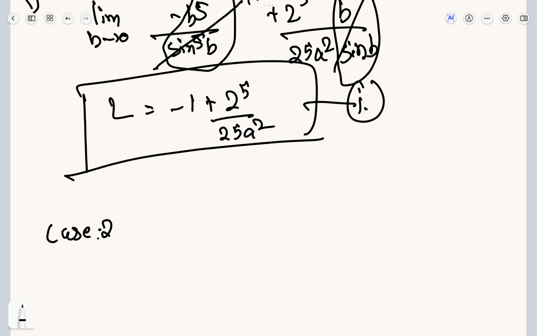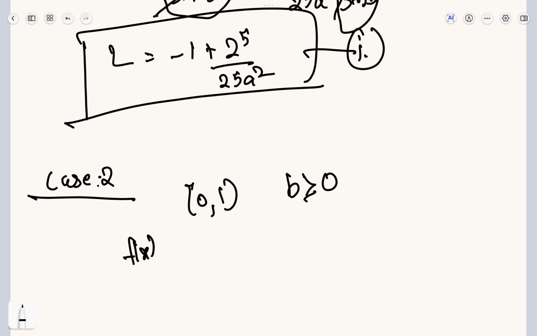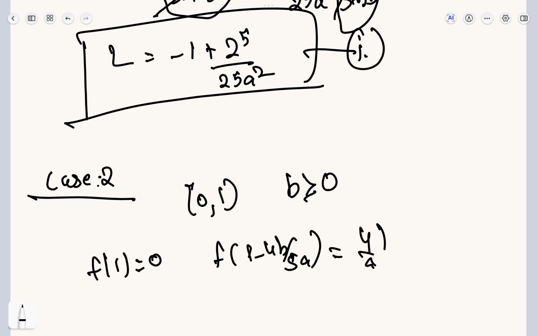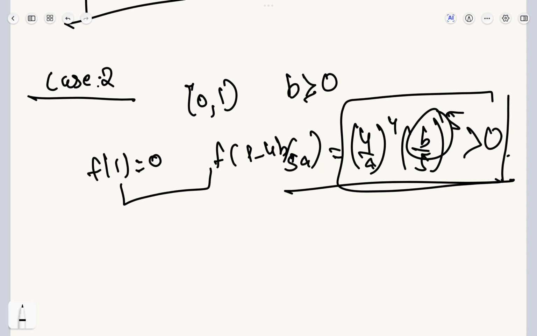Now let's go to case 2. b was from minus 1 by 2 to 1, so now we have 0 to 1. So b is greater than or equal to 0, and I would get f(x). So again, f of 1 is equal to 0 and f of 1 minus 4b by 5a is 4 by a power 4 and b by 5 power 5. Now this time it's positive, so this is a positive quantity greater than 0, so f max is this quantity, whatever it is, right? So I would have limit b tending 0,